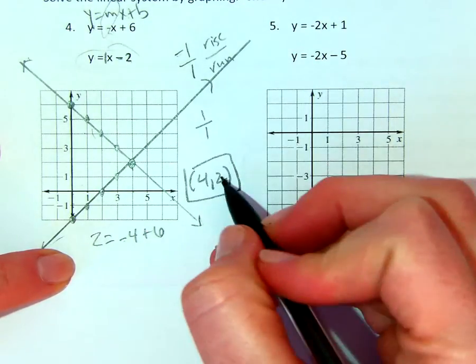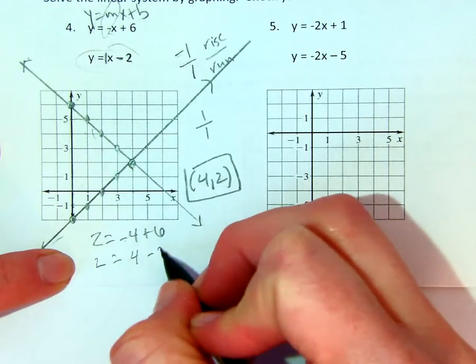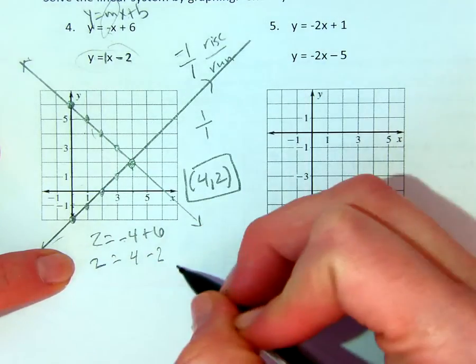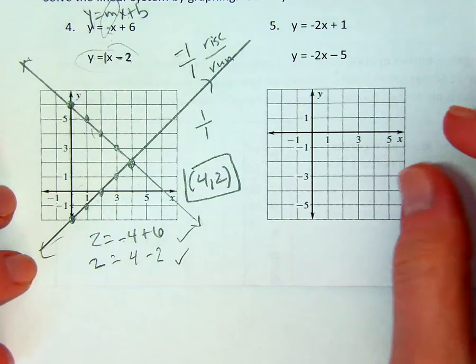For the bottom equation, 2 goes in for y. 4 goes in for x. 4 minus 2 is 2. So it did in fact work for both. It solved both equations. Okay. To continue on,